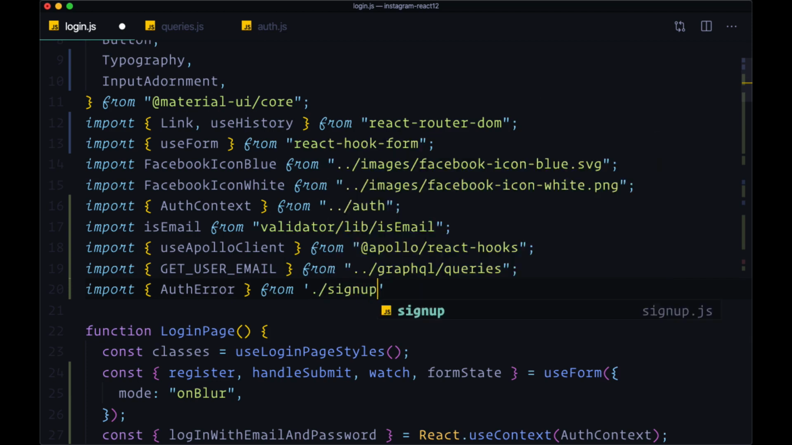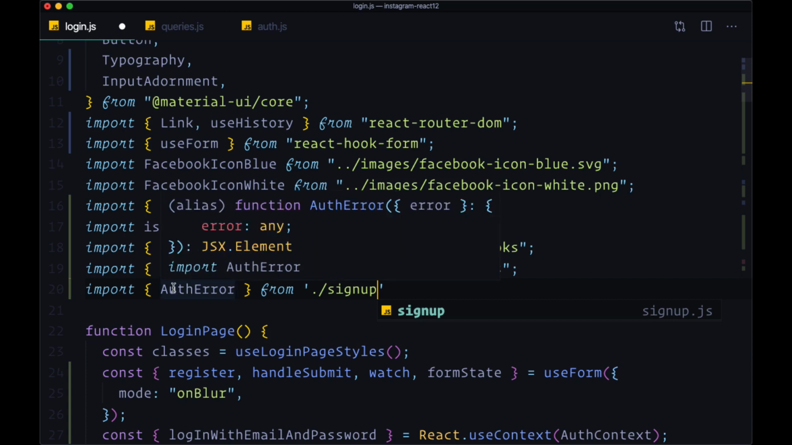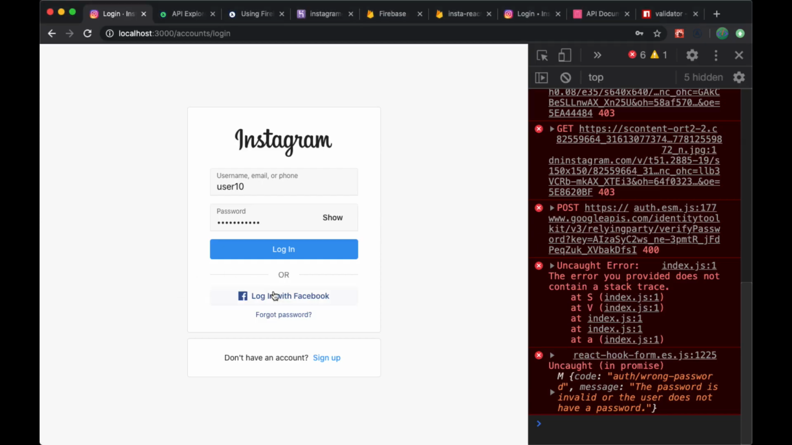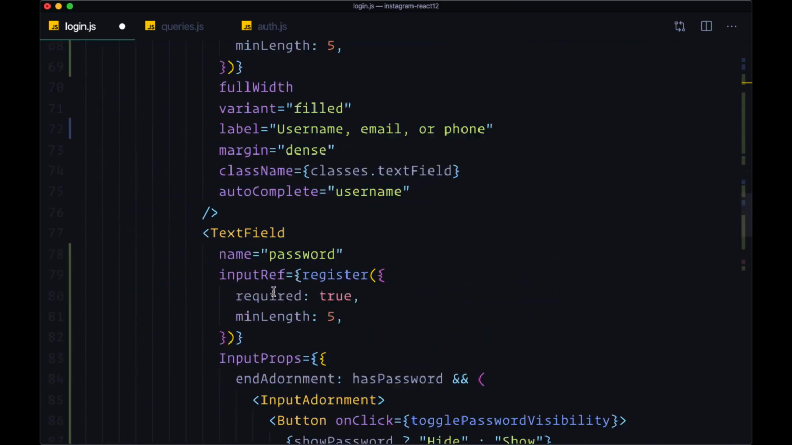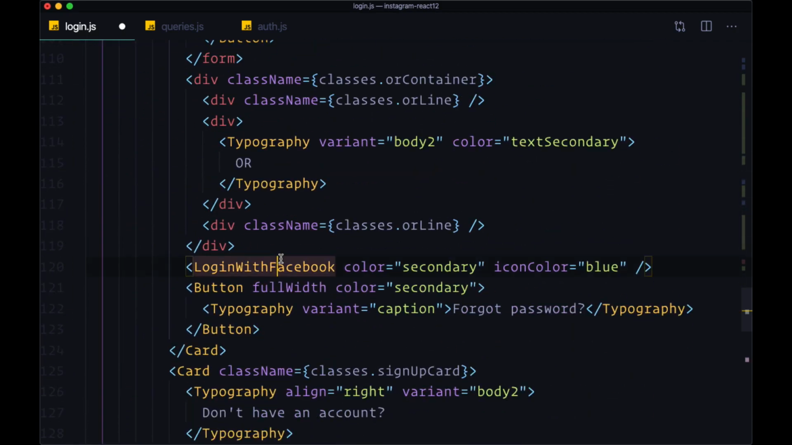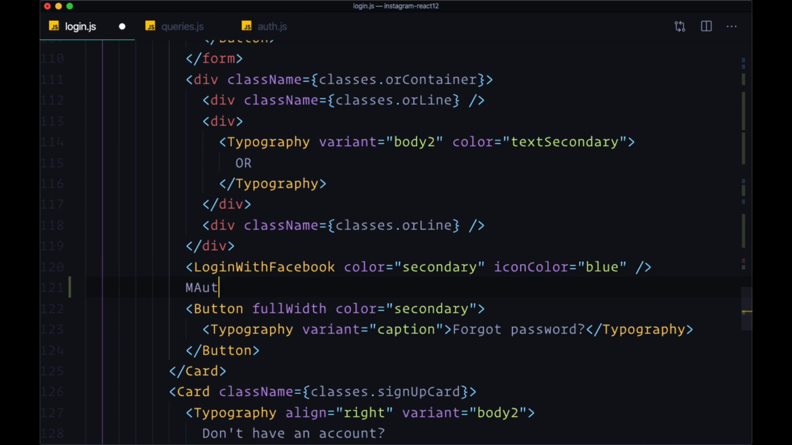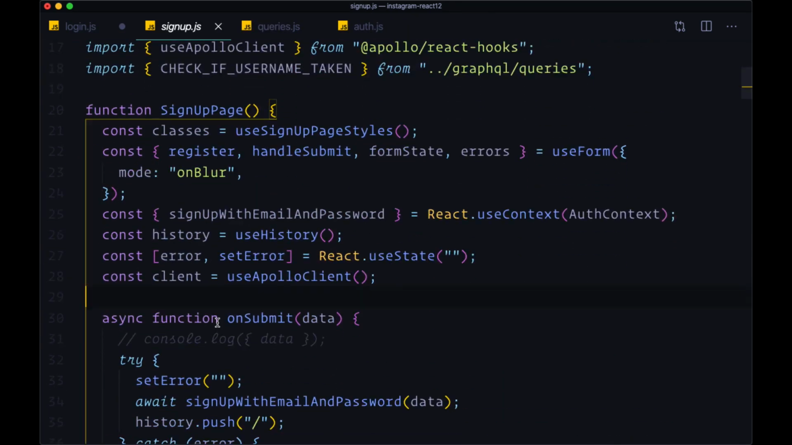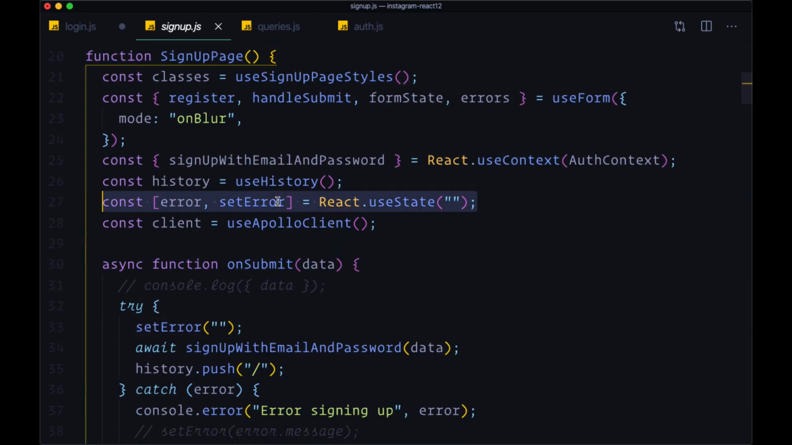/sign up, and we want to use it right at the bottom of our form, and we'll provide that right underneath our login with Facebook button. So we have our auth error, but once again we need to pass something to the error prop. So let's create some error state. We're going about this a little bit backwards, but let's do the same thing that we did in sign up. We'll grab some error state,